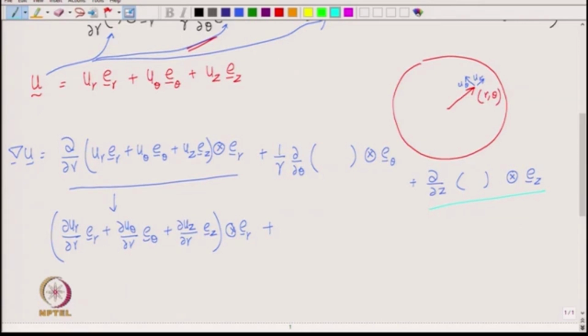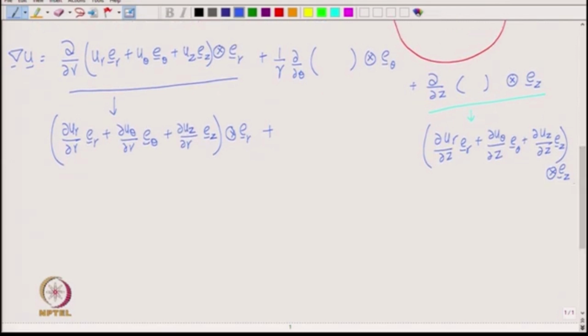So, this derivative is also easy and this is simply del u r over del z E r plus del u theta over del z E theta plus del u z over del z E z, and the whole thing is tensor product with E z. Okay. The middle one is the tricky one,